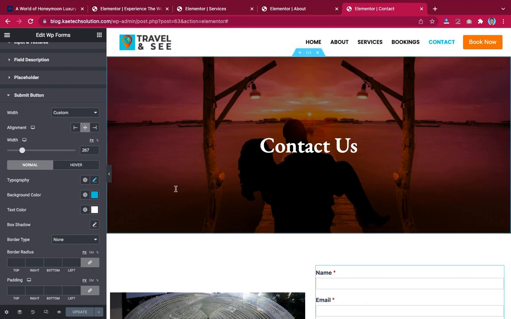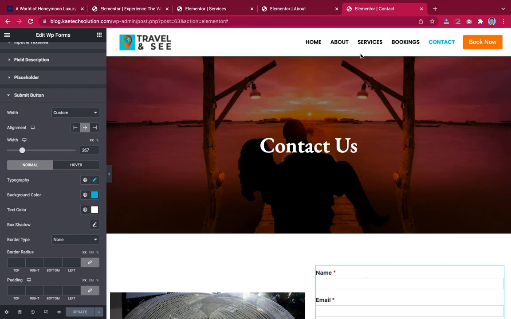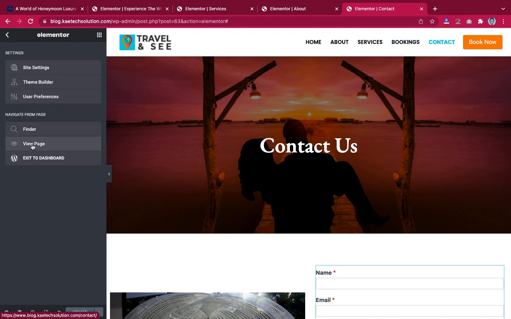Now you can adjust it the way you want in the mobile version of it. Okay, time is running out, so I don't want to waste my time on it. So we are done with the contact us for now. What is left is our bookings. With the bookings we have to also create, let's go back, exit to dashboard, we have to also create